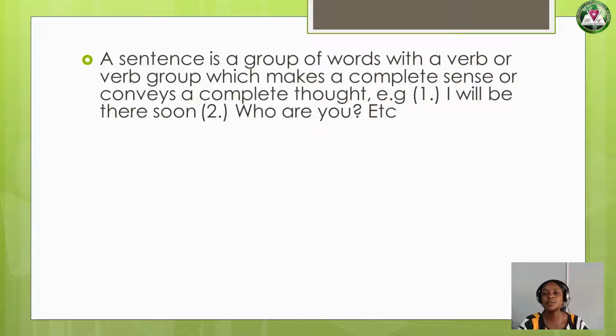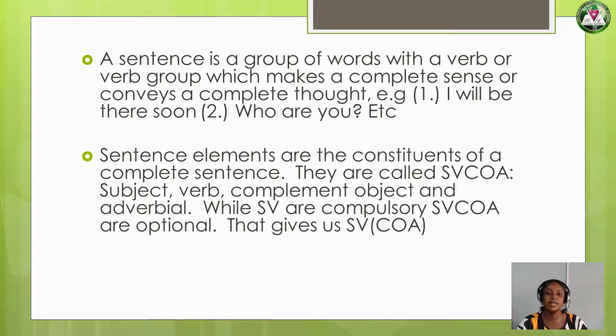So we have some examples like, I'll be there soon. That's a sentence, a declarative sentence, or a simple sentence, as the case may be. Who are you? That's an interrogative sentence. And then so many other examples. Okay. Now back to our major topic,